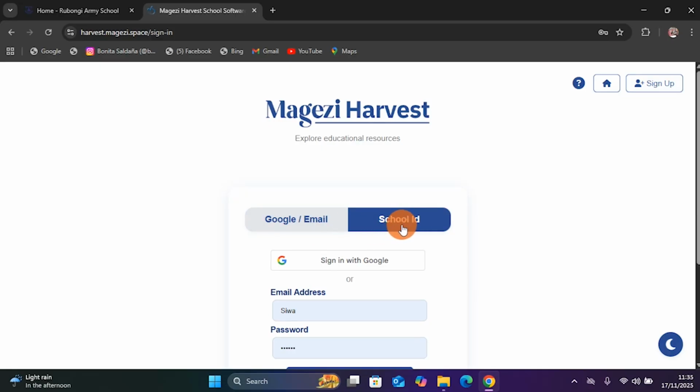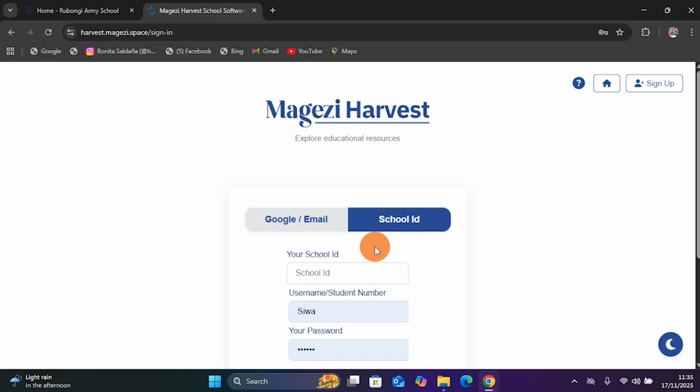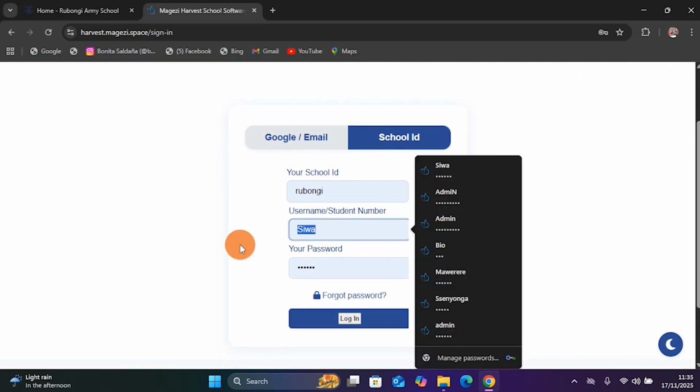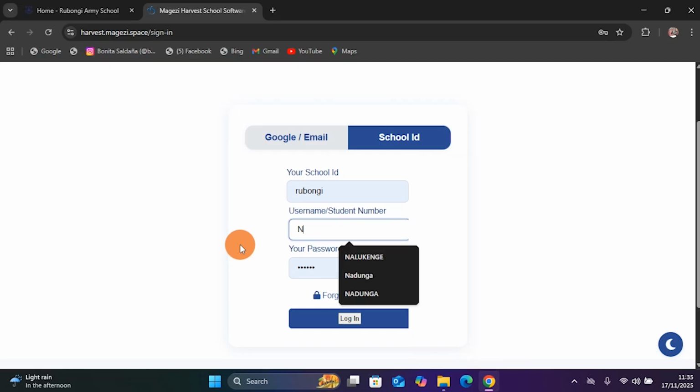Then I will click on school ID. I want to sign in using the school ID. For the school ID, I will put Rubongi, in small letters. I type my username. I'm going to use a certain teacher's name as the username.